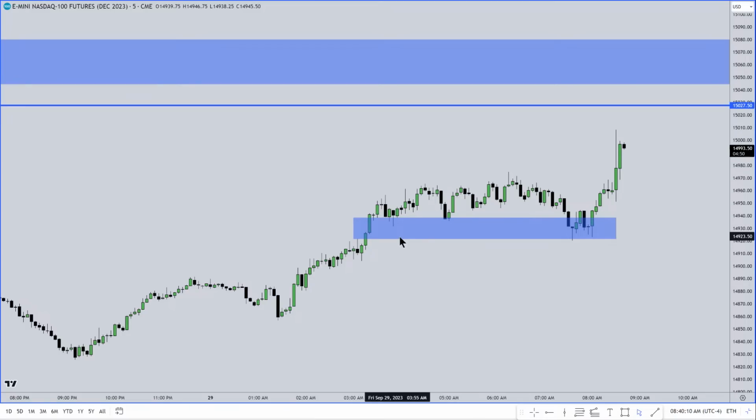All right, so see that wick right here? We're hovering right around the halfway point or consequent encroachment. The fact that this candle closed above it, I would like to see it not trade back down to the lower end or lower half of that wick. I'd like to see it expand up and drive into that level right there. And we're on a 5-minute chart, so